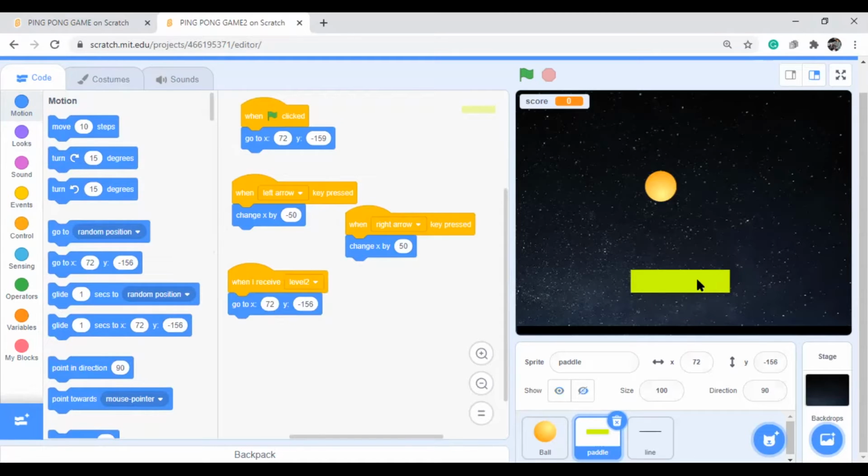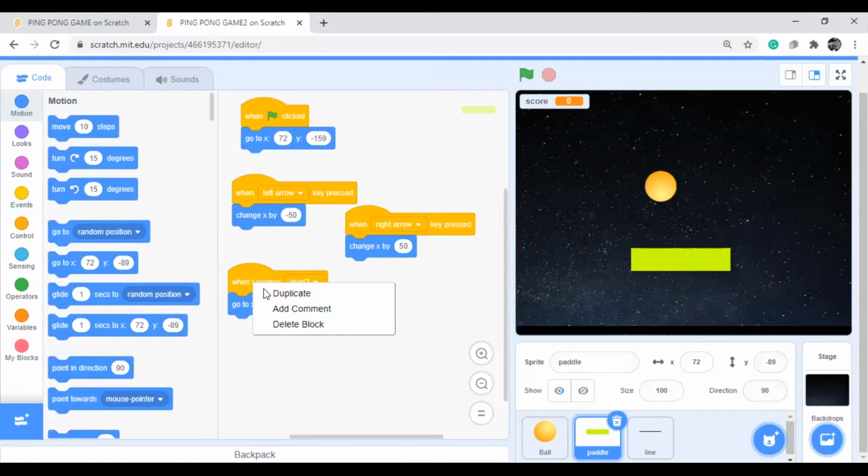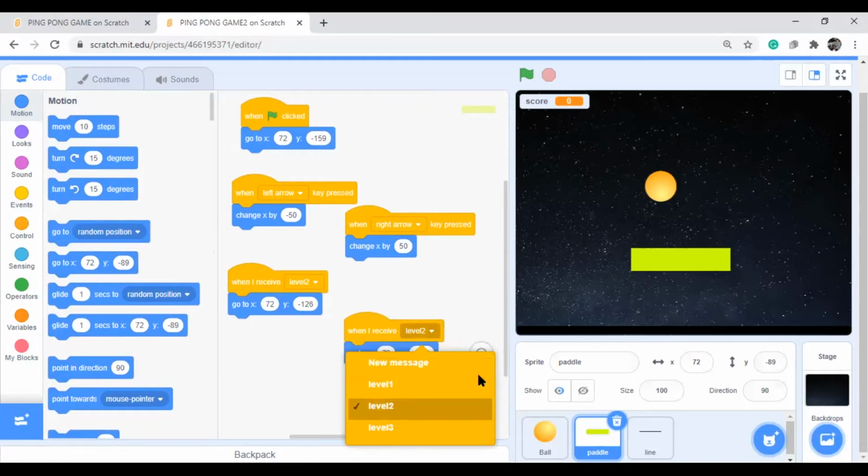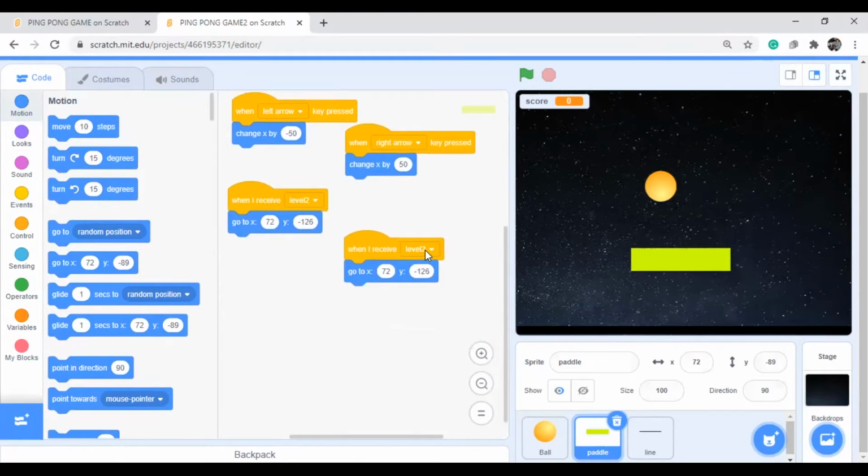This will be like 1, minus 126, you can see. Suppose in level 3, then you can go to this position. If it is level 3, you can move to this one.